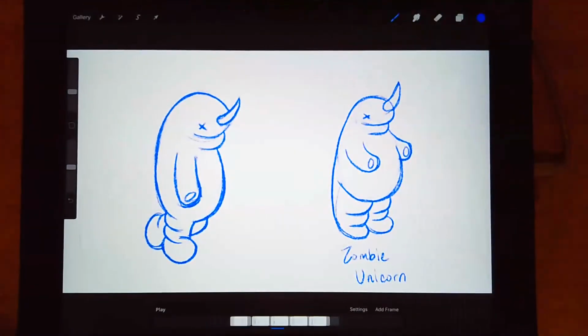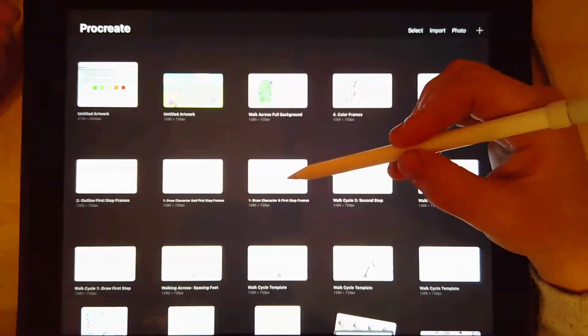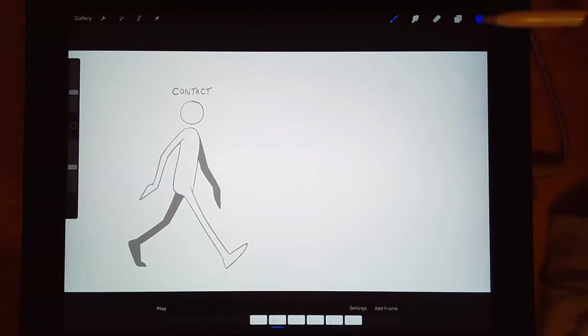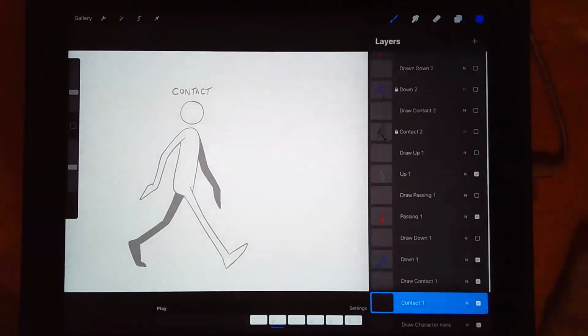All right, we're going to go into another document so I can show you the setup. And to start this animation, you will be working in a template that I provide for you. We will airdrop this to your iPad that you're working on. So first, I want to just go over the main 4 poses that you find in one step of a walk cycle. So you will see these duplicated on the other side, but we are just going to work on drawing the